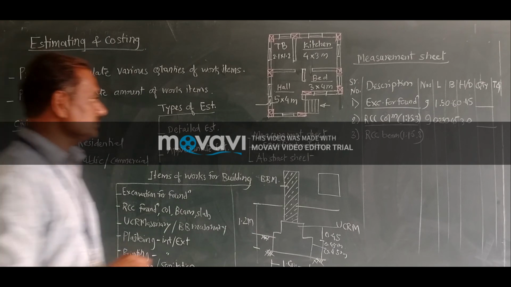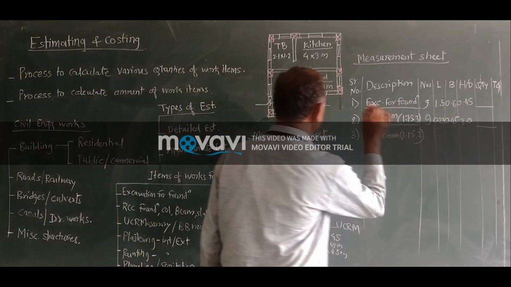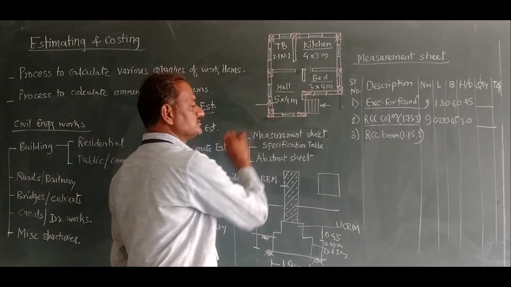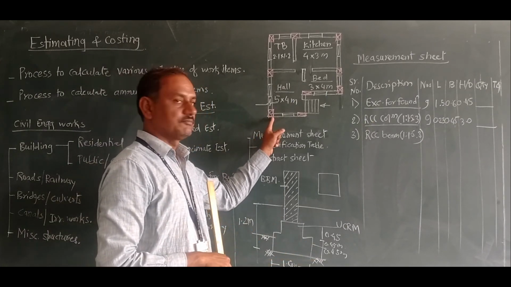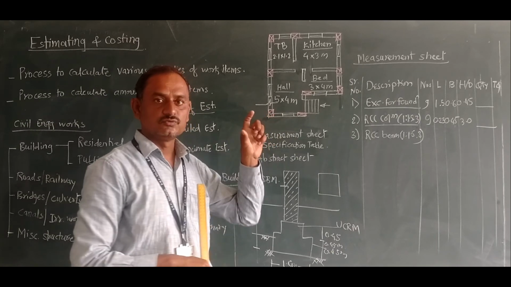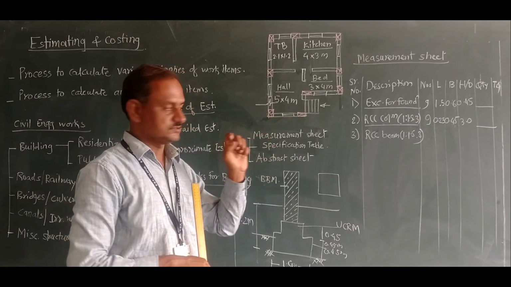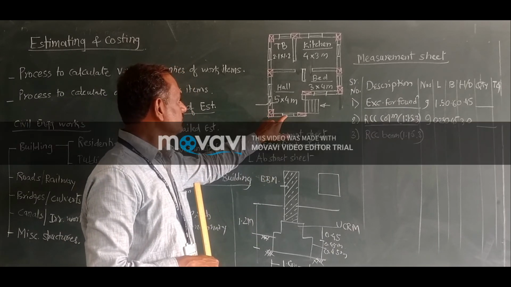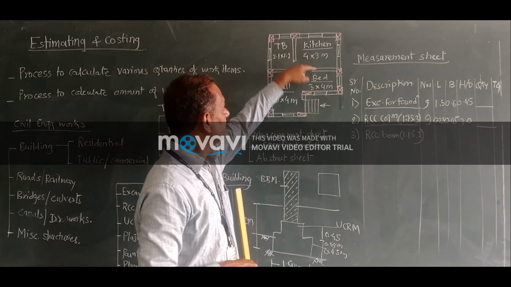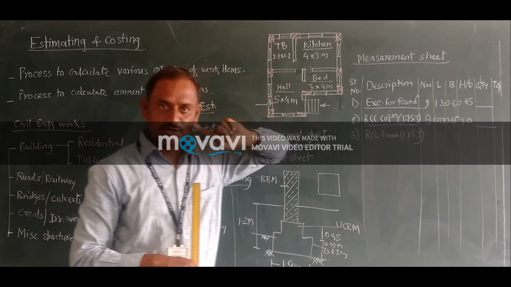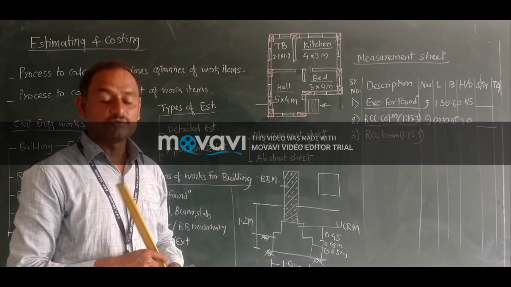1:1.5:3. So how many number of beams are available? So beam is nothing but the joining part in between two successive columns. So how many number of beams are available? 1, 2, 3, 4, 5, 6, 7, 8, 9, 10, 11. 11 numbers of beams. But for